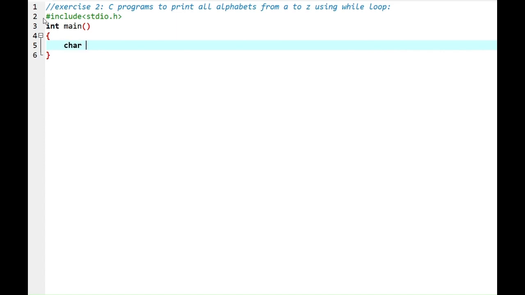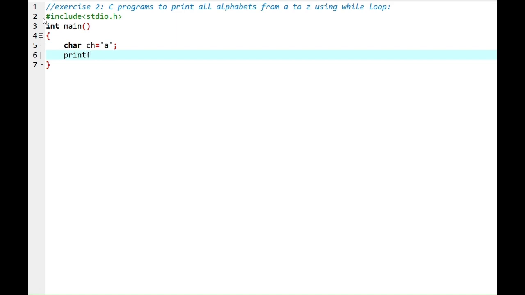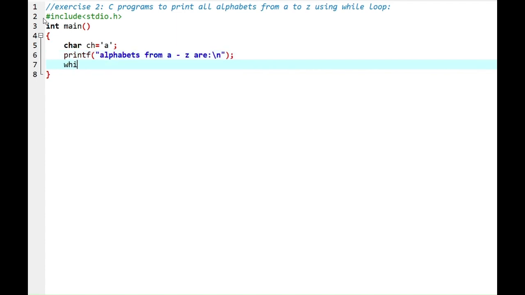Let's define the character, char ch equal to 'A'. printf alphabets from A to Z are. While the character is less than or equal to 'Z',